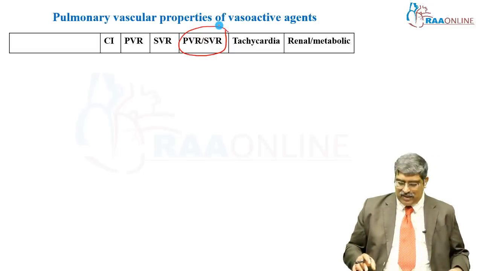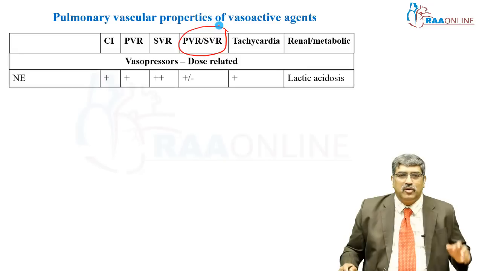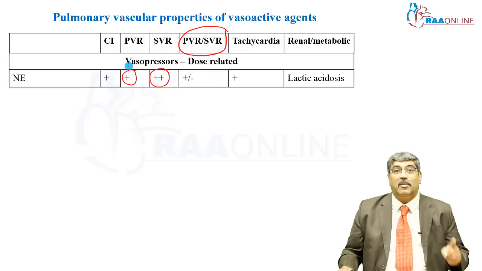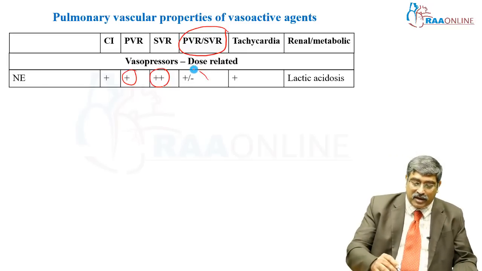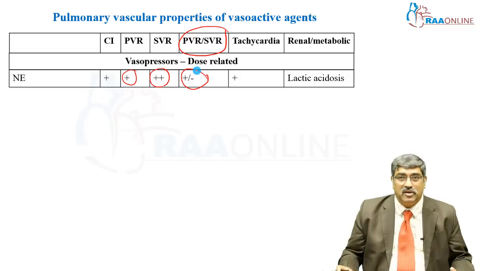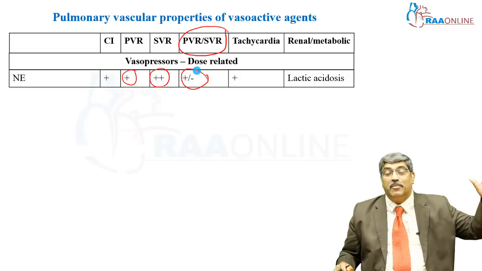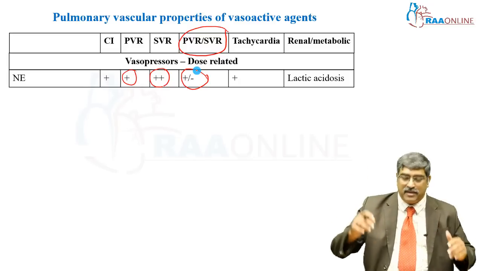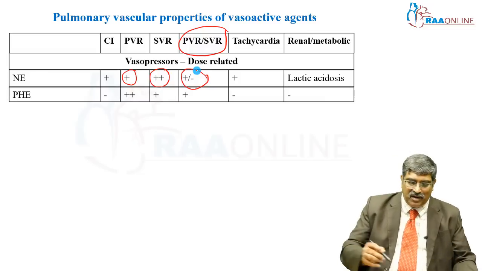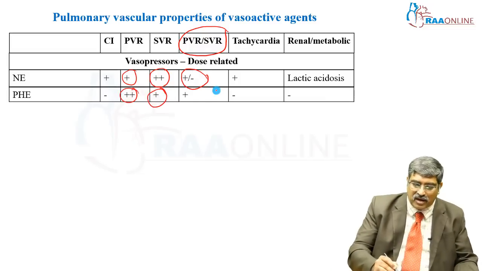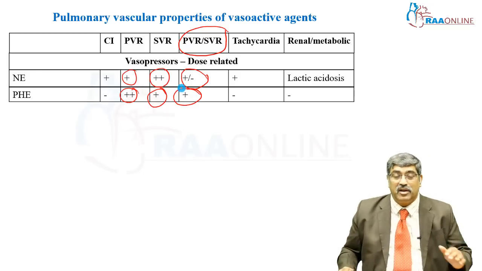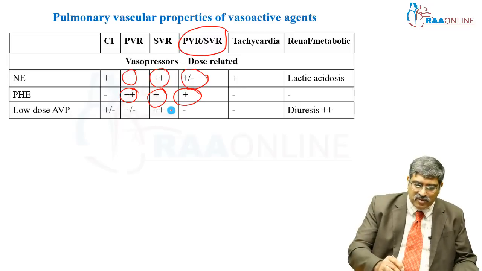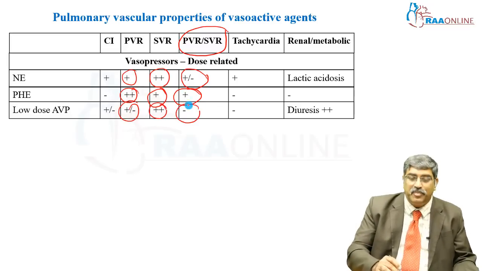at the PVR-SVR ratio. When you use norepinephrine, it increases the SVR more than the PVR, but this is dose related and the ratio will be altered with increased dose. The more dose you go, the PVR might go up rather than the SVR. In lower doses, the SVR will be higher than the PVR. Phenylephrine affects the PVR more than the SVR, so there is an increased PVR-SVR ratio which we don't want to happen. In case of low dose vasopressin, the SVR is more increased than the PVR, so the PVR-SVR ratio will